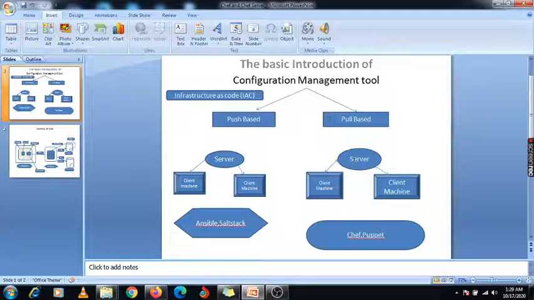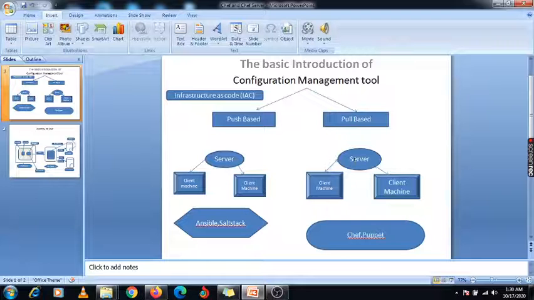If there is a version 2.2, it will directly communicate with your Chef server and pull out those packages or code. Whatever recipes you have applied on your Chef server, your client machine will automatically pull from your main server. So this is the concept of push based and pull based.